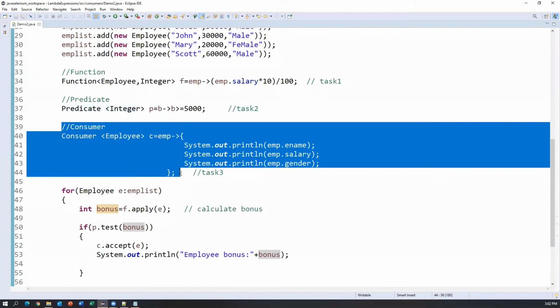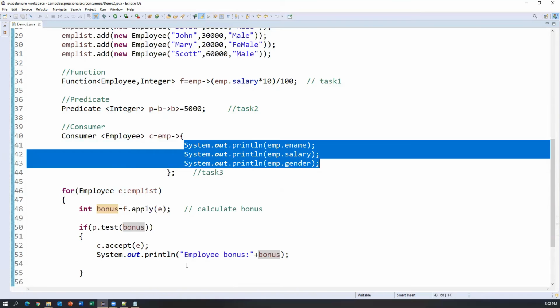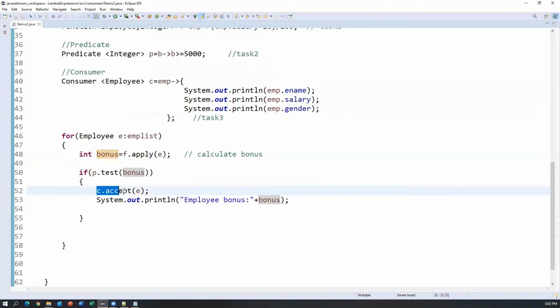Then I have invoked the consumer, and I'm just passing the EMP object to this consumer. Then it will print all the details of employee. So now inside this if condition, I can also invoke the consumer here. So here I invoked consumer. Okay, here I have invoked consumer, and here in the condition itself we have invoked